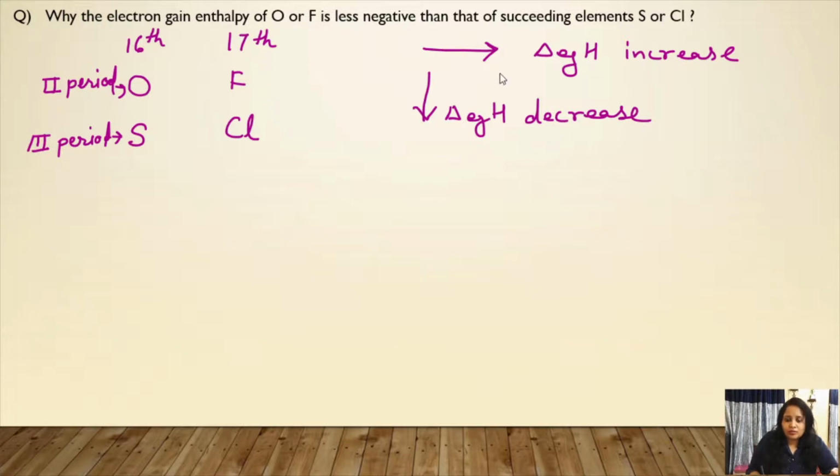Now, according to this rule, fluorine should have highly negative electron gain enthalpy. It should be oxygen to fluorine and from here to here. So here it is decreasing, it means here it is increasing. So electron gain enthalpy will be very highly negative. But they are telling chlorine has higher negative electron gain enthalpy. Let's see why. The oxygen or fluorine, the configuration should be,